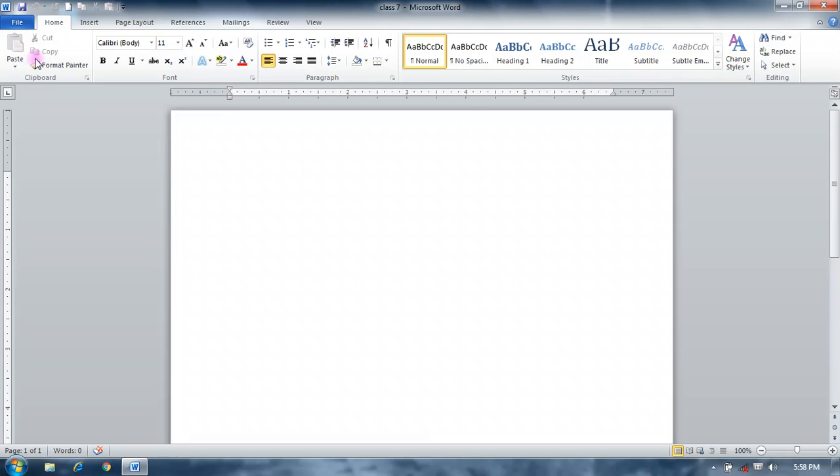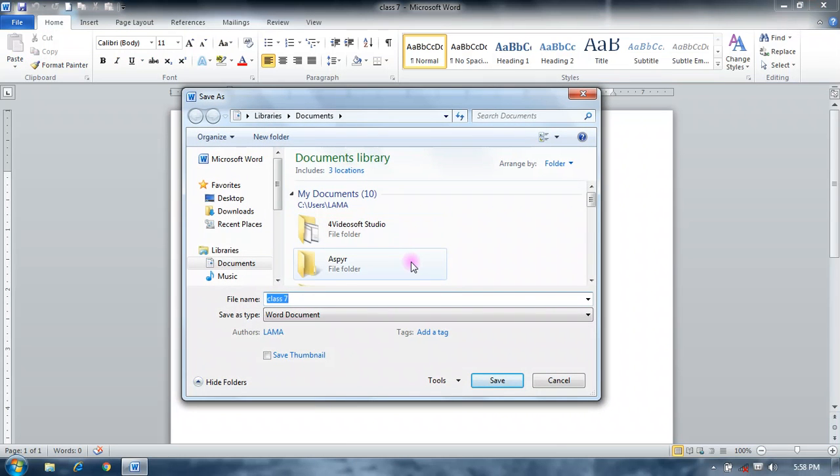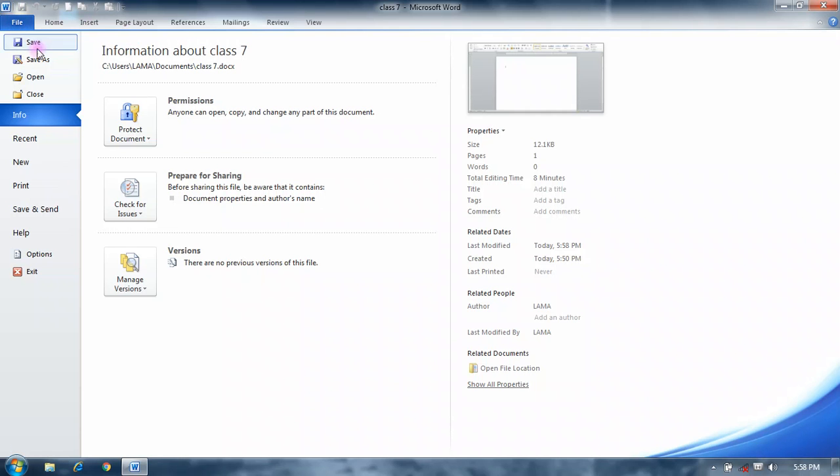The Save As option is used to save the same file with another name. Like the file name class 7, we can change the file name from here and save the same file with another name. The Open option is used to open an existing file from your document library.